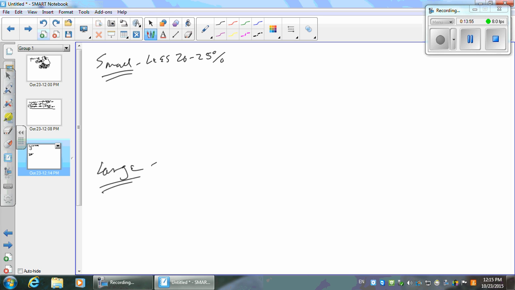Right? Large. Guess what? More than. Less than. More than. So good. And 20 to 25% obviously is a rule of thumb, isn't it? I think it should be more like 2 or 3%. I really do. Don't do that, right? This is the rule that we use, okay? But I think it'd be about 2, 3, 4%.